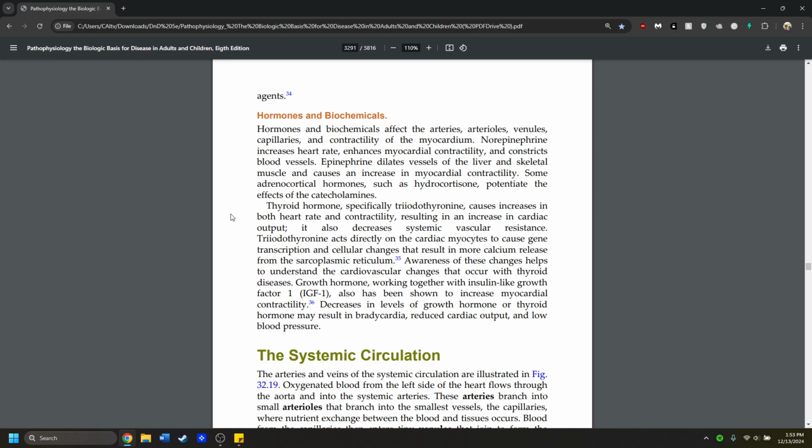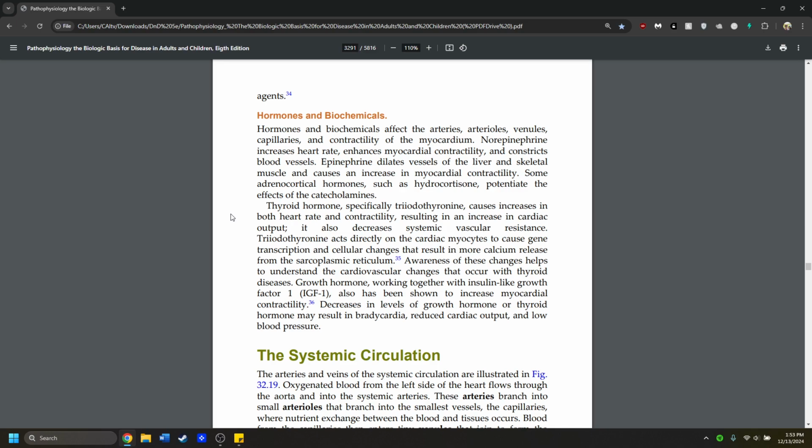Thyroid hormone, specifically triiodothyronine, causes increases in both heart rate and contractility, resulting in an increase in cardiac output. It also decreases systemic vascular resistance. Triiodothyronine acts directly on the cardiac myocytes to cause gene transcription and cellular changes that result in more calcium release